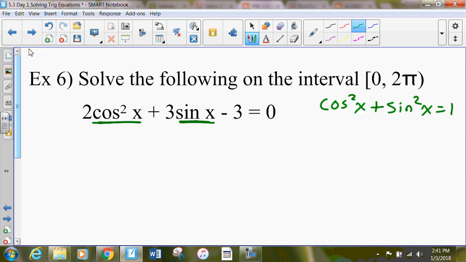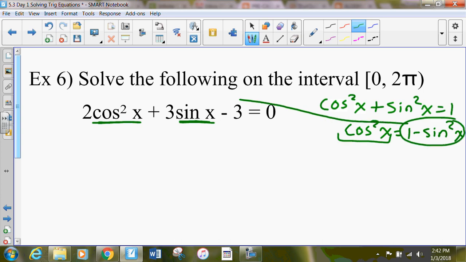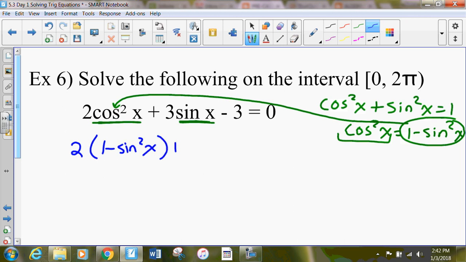If we go ahead and subtract sine squared x from both sides, we could use substitution, right? Because as long as we have two different trig functions in the same equation, we're never going to get to solve for it. We only can have one trig function in the equation. So instead of writing cosine squared x, I'm going to take this 1 minus sine squared x and flop it in where I see cosine squared x, because we're allowed to do that. We are allowed to use substitution. So we'll go ahead and plug in 1 minus sine squared x, and we'll rewrite the rest of the equation, and we'll